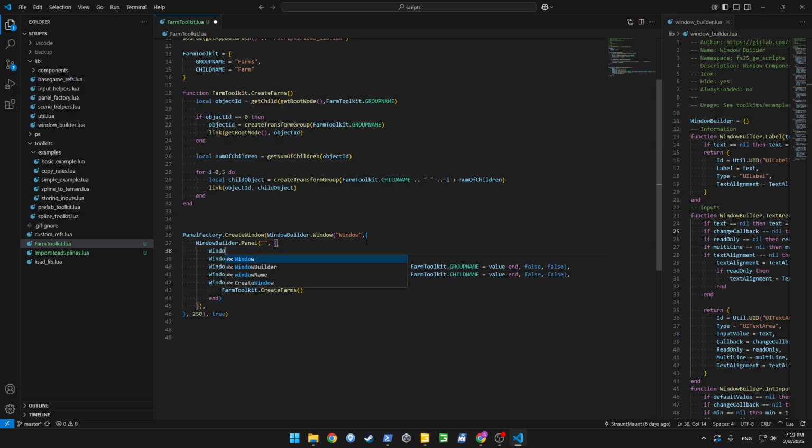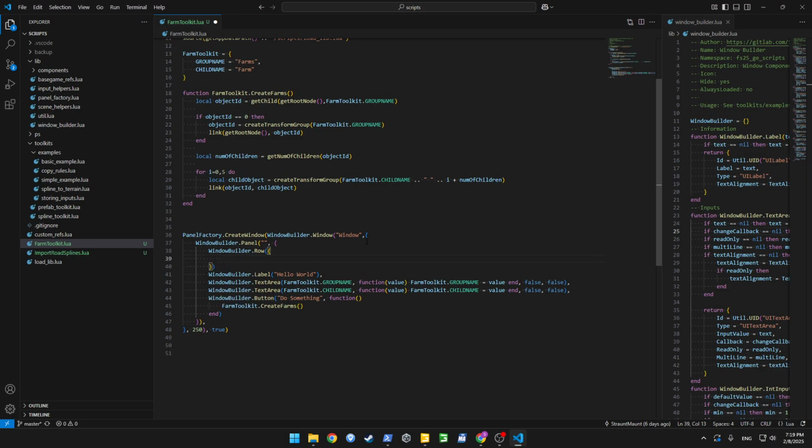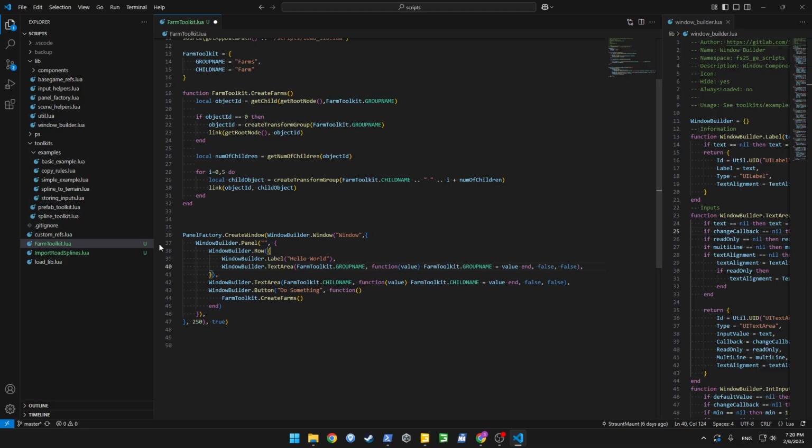Let's add another component. Let's add a row this time, and for a row we're just going to give it a list of components, and of course end our component with a comma. Now I'm going to take the label and the text area and put it in a row, and I'm going to create another row